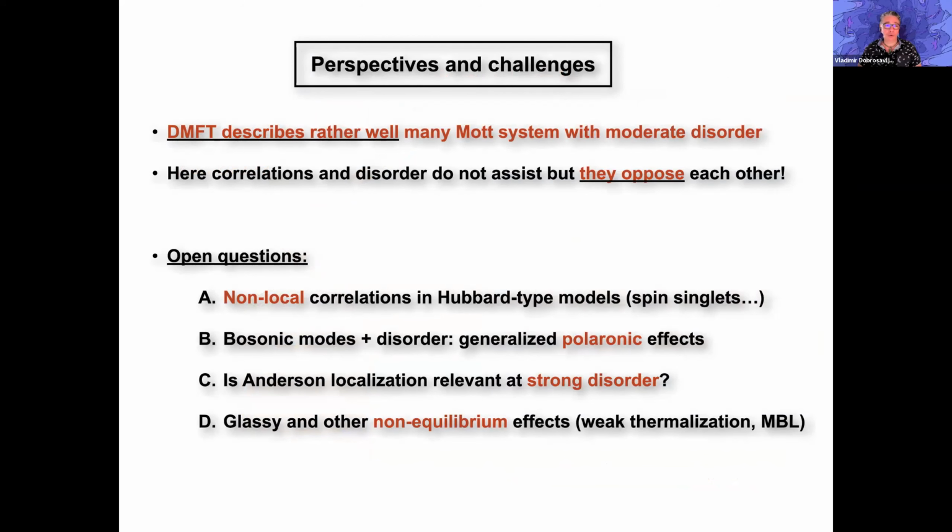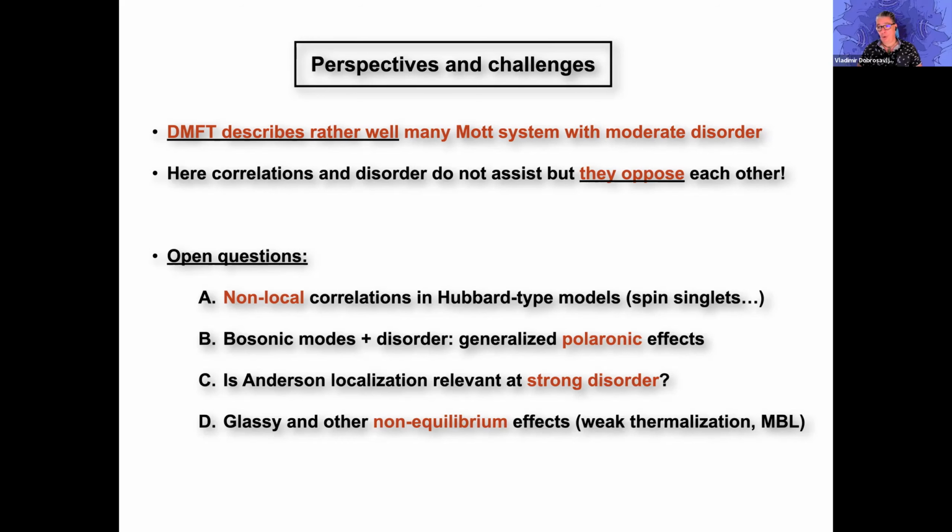So my conclusions are the following. DMFT, as it turns out, even in its simpler form, is not very sensitive to disorder, except in some special parts of the phase diagram. And this is now very well confirmed by experiments. We find that disorder tends to suppress the Mott effect. It suppresses the Mott insulator, whereas correlations, when they're strong, tend to suppress disorder. So disorder and correlations don't like each other, they oppose each other. And this is something totally different than the early ideas suggested. But it's now well documented and well understood.